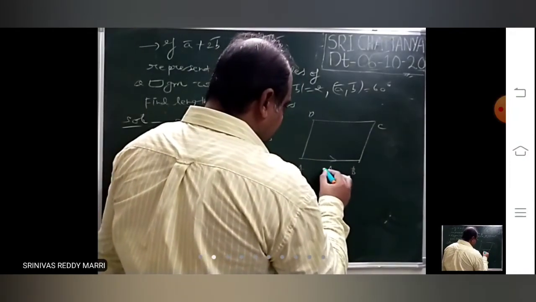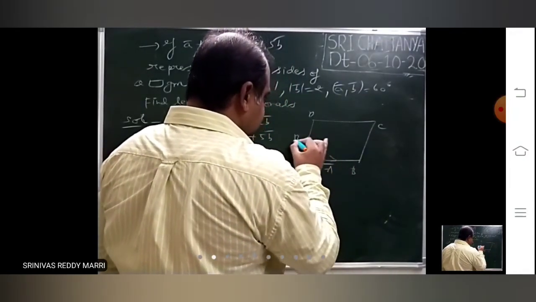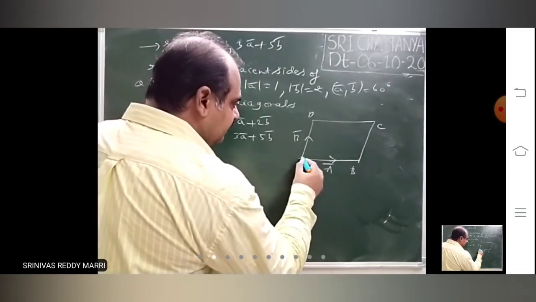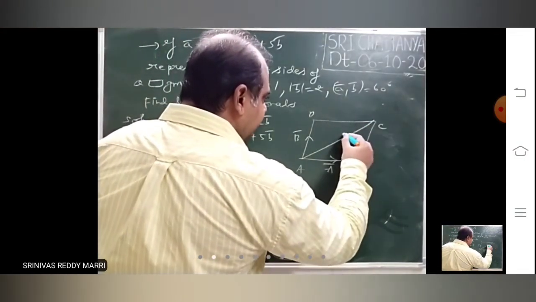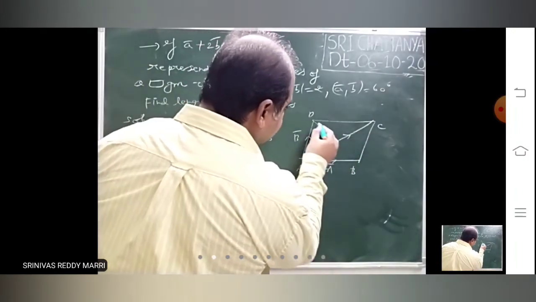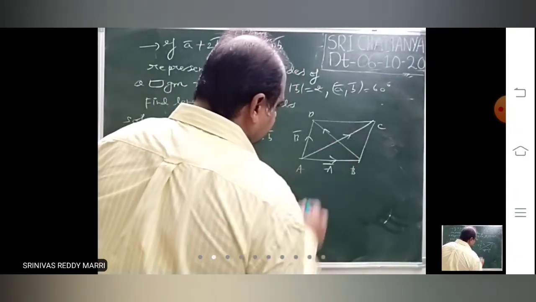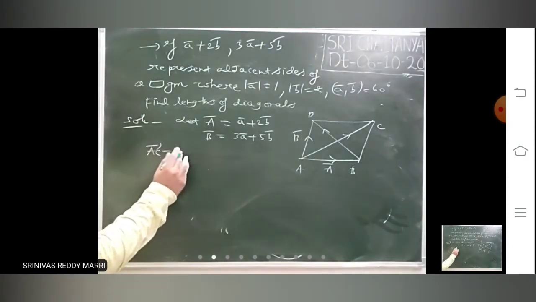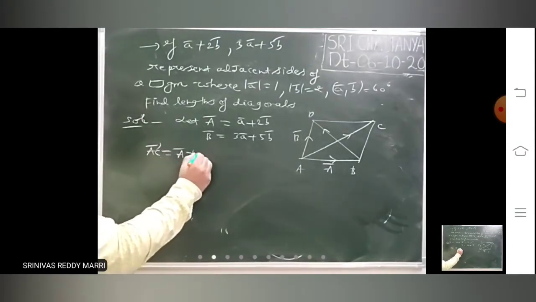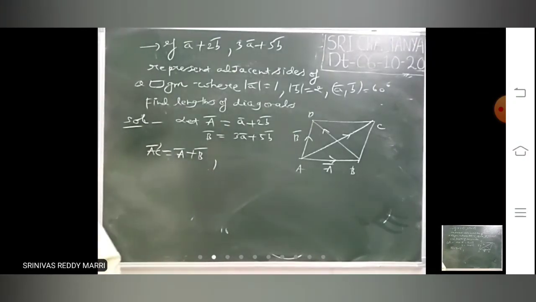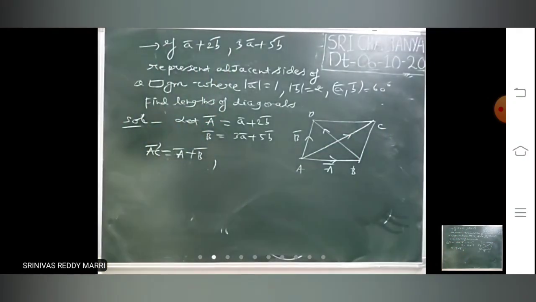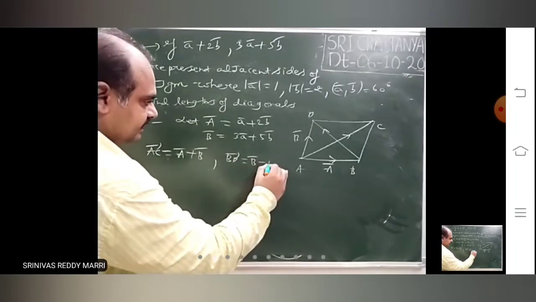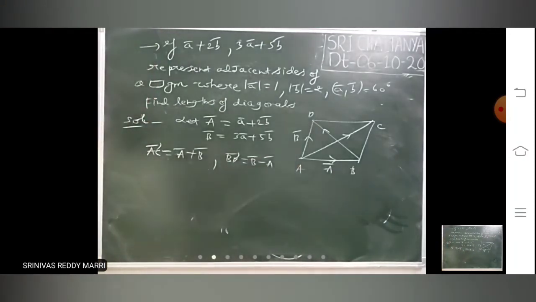Right? This is A bar, so this is B bar. If these are given, I told how to calculate. Look at AC bar and BD bar, the formulas I told. If adjacent sides are given, one diagonal vector is A bar plus B bar, as in the addition of vectors I told. The other vector is B bar minus A bar.